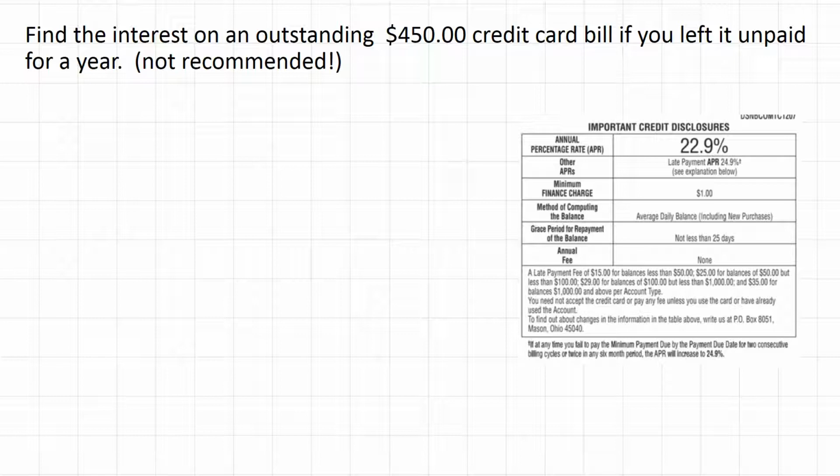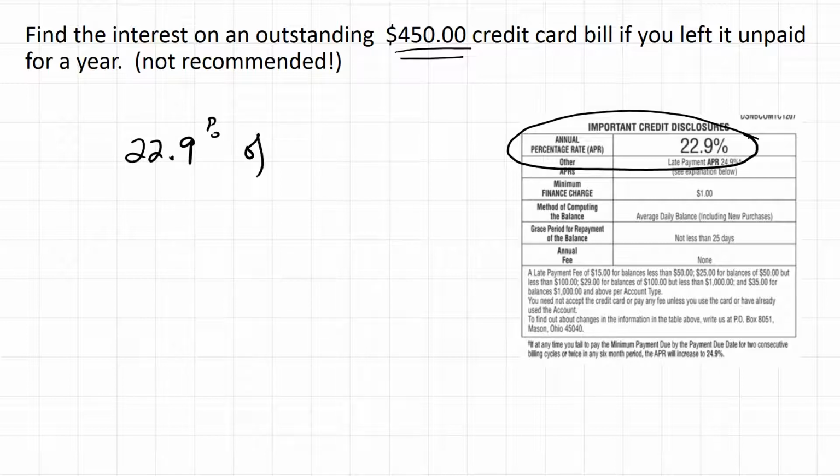So, interest rates on credit cards. Here's an example of credit card information that you get when you sign up for a credit card. Notice here it says annual percentage rate, 22.9% a year. So if you had a credit card bill of $450 and didn't pay it for a whole year, how much would they charge? Well, they would charge